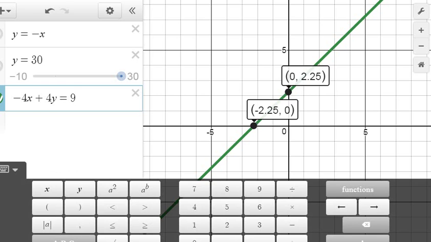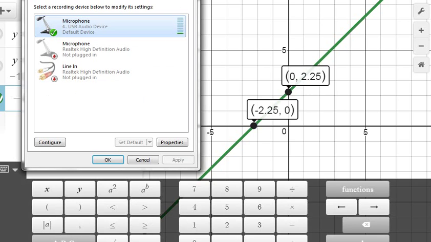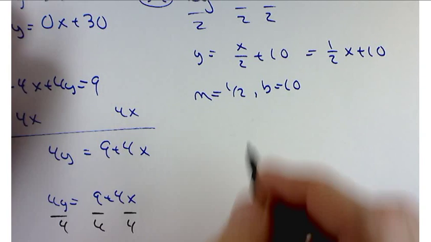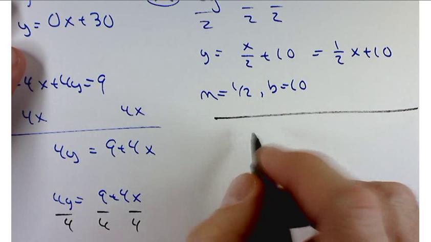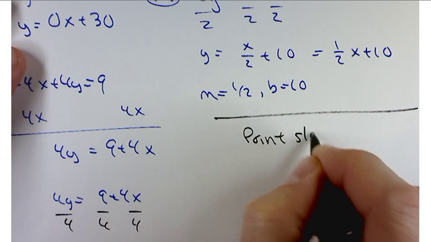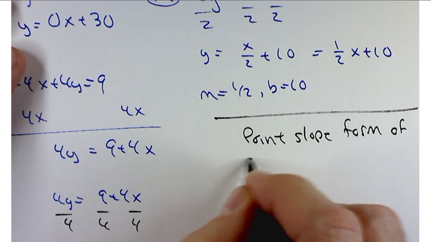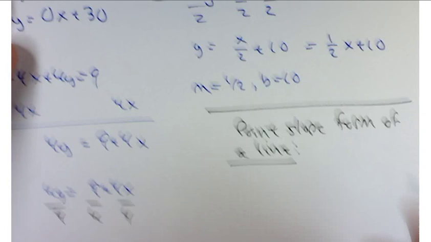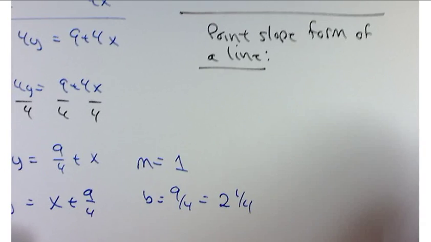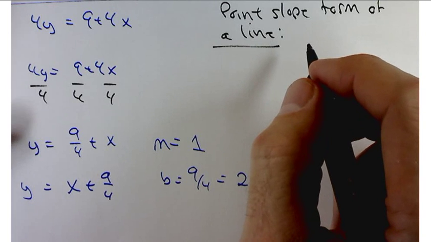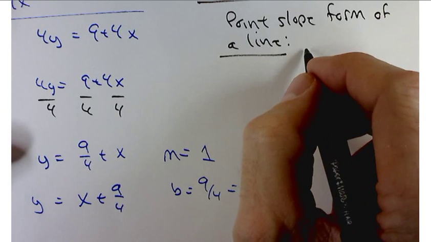Let's try moving on a little bit and finding the equation of a line given a point and a slope. Point-slope form of a line. If I wanted the equation of a line passing through a point with a particular slope, it comes from this formula. So a line